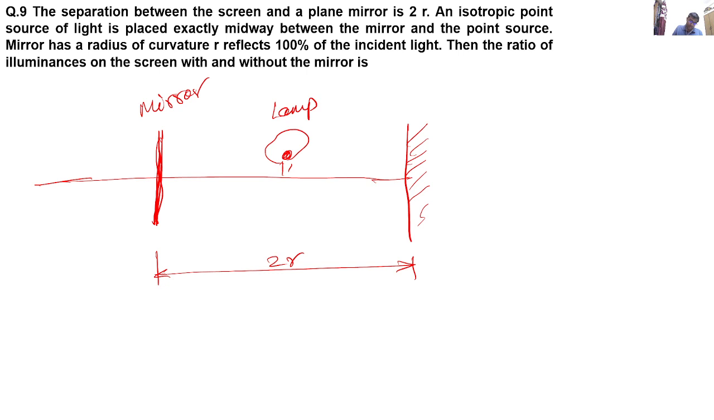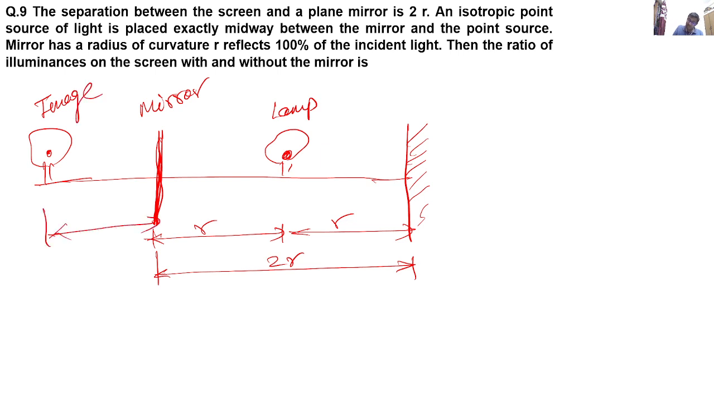Okay, so this is radius of curvature r. So this is again r. So this is a plane mirror. So an image of the source will also be created, and the image distance, since it's a plane mirror, will also be at a distance r actually. So this is a screen, this is a lamp or light source, this is a mirror, and this is the image. So let's see the illuminance